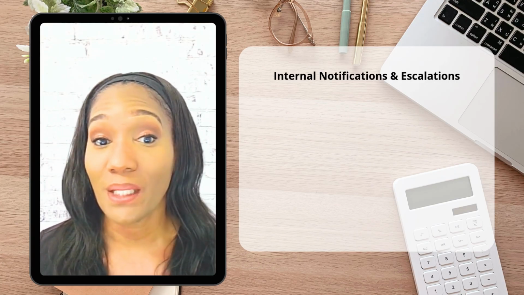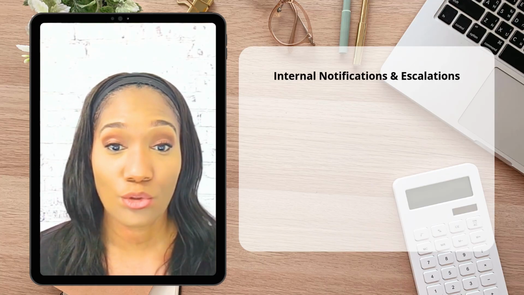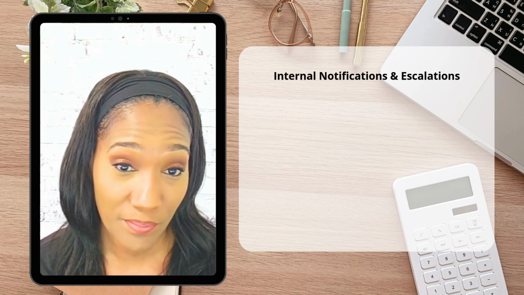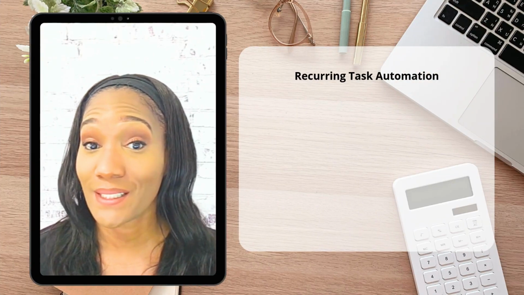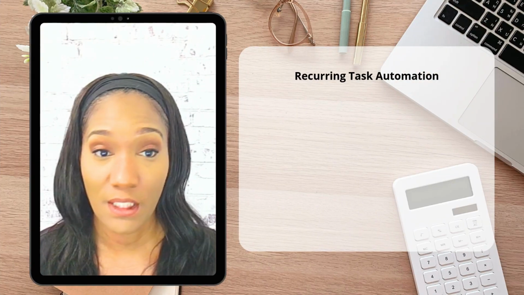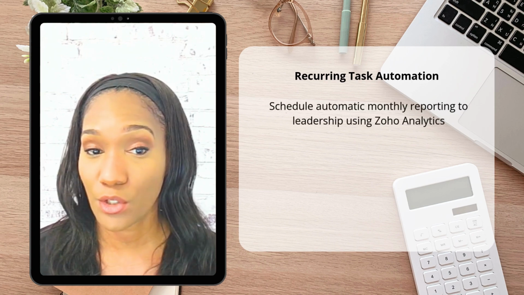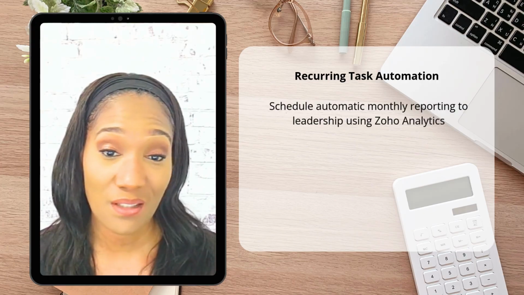Again, there are many more things that you can do within that process in order to automate and make things more efficient for your team. Your operations process can really benefit from recurring task automation as well. You can schedule automatic monthly reports to go to leadership using Zoho Analytics. Our team does this for our clients